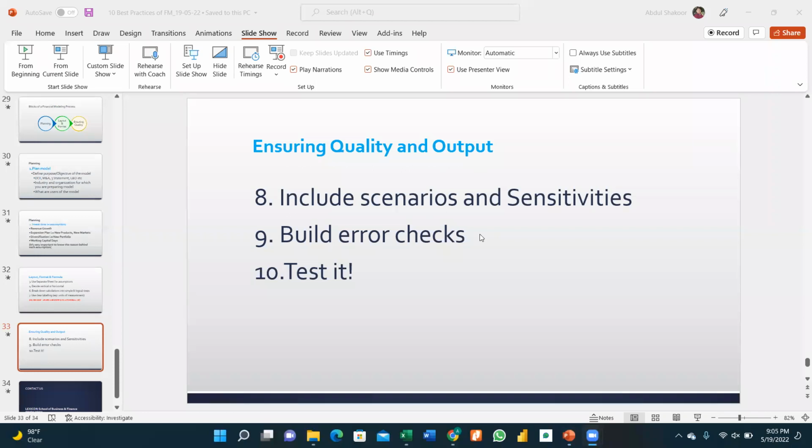How will the layout of a financial model differ based on the audience? For example, a model will be different if it will